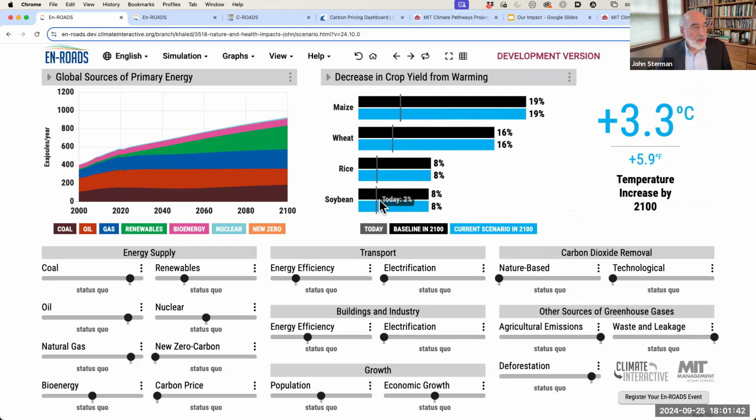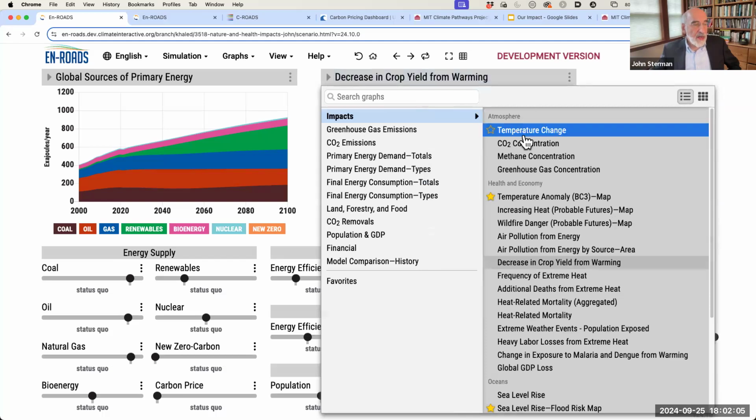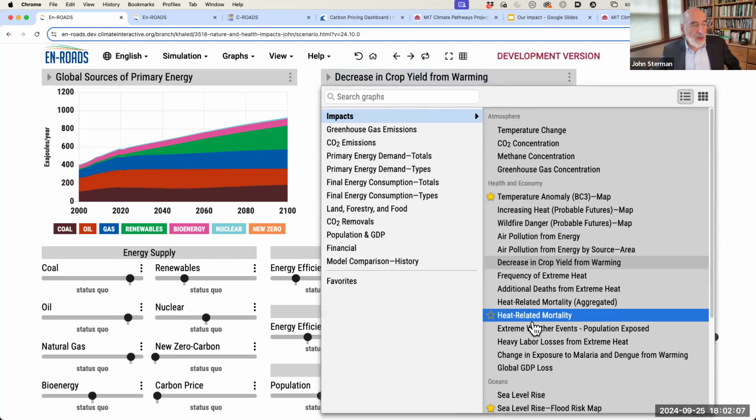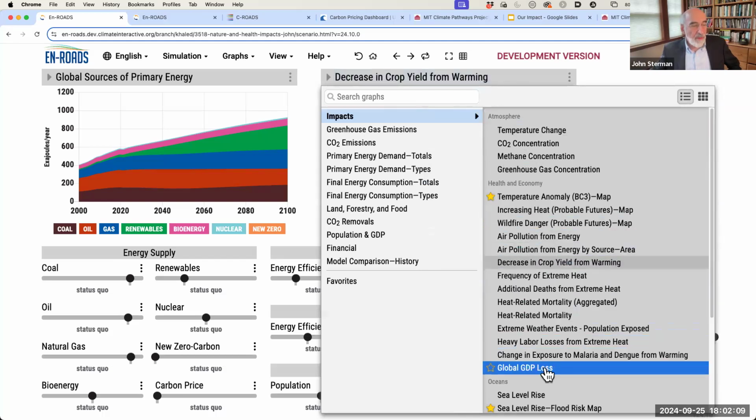And these are the big four grains that, of course, feed most people on the planet. Double-digit declines relative to what crop yield would otherwise be are projected for corn and wheat, and almost 10% for rice and soy. And this is in a world where we're expecting 2.1 billion more people that need to be fed by 2100. Other impacts that we're trying to capture here, I'm not going to show them all: wildfire danger,